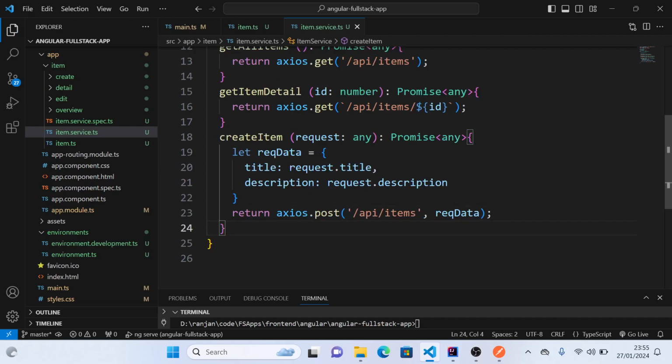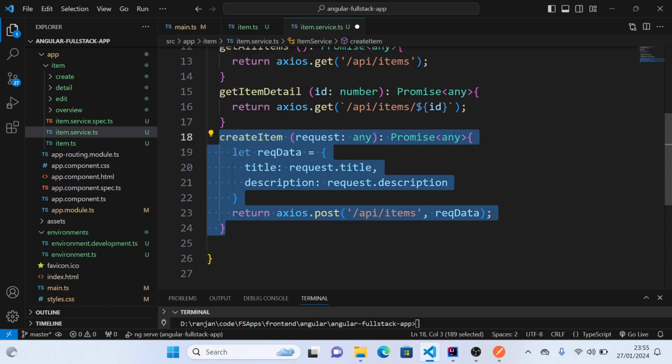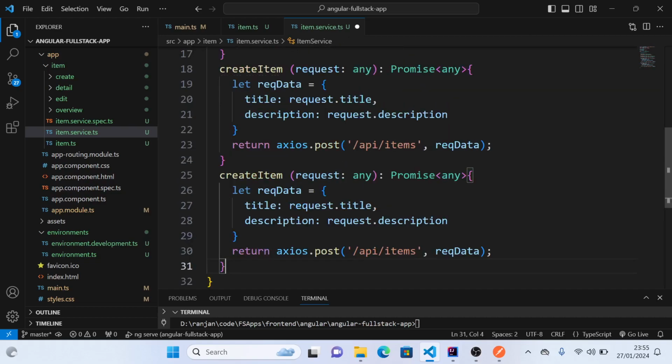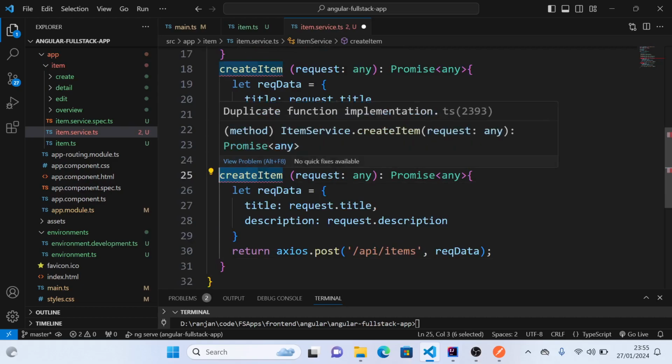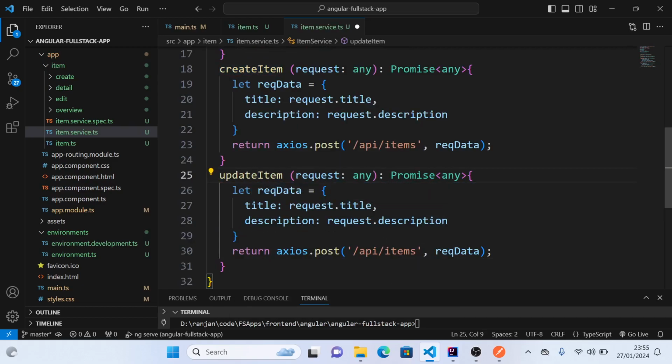Similarly, we will have to have the update item. Update will be more or less same. So I will copy this. Let's say update item, and in the update item we will get the request again here, and to update an item we will also need the ID of the item. So this is fine, the request body. This we will make it as put,